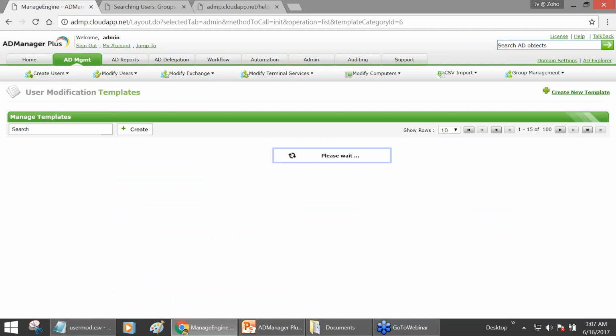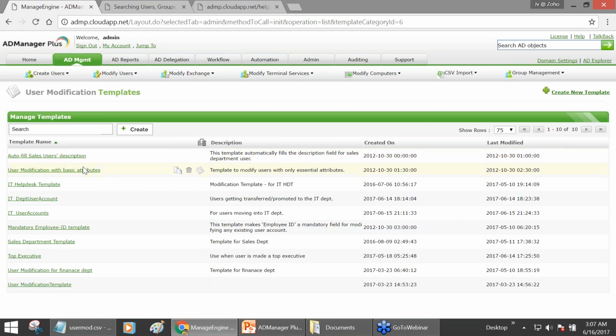Absolutely, yes. Let me quickly show you another example. We are talking about making a non-mandatory attribute mandatory. Take an attribute like employee ID as an example. Organization-wide, you have a policy change that dictates that a specific attribute has to be made mandatory. If you were to do it manually, user after user, it's going to get really tedious for you